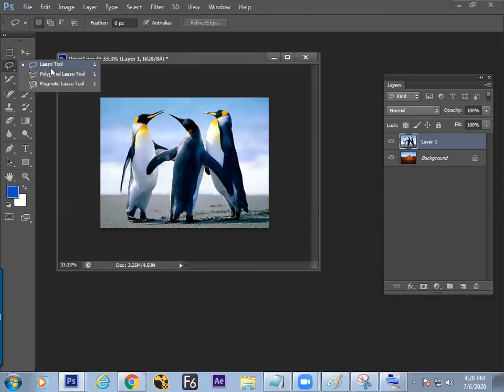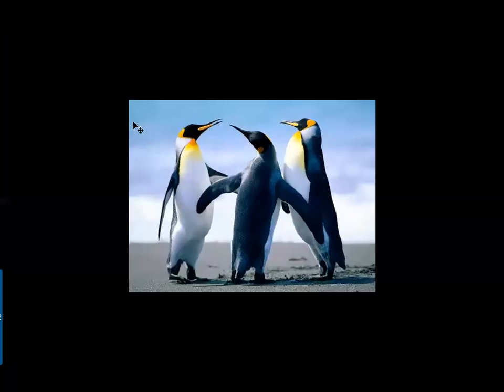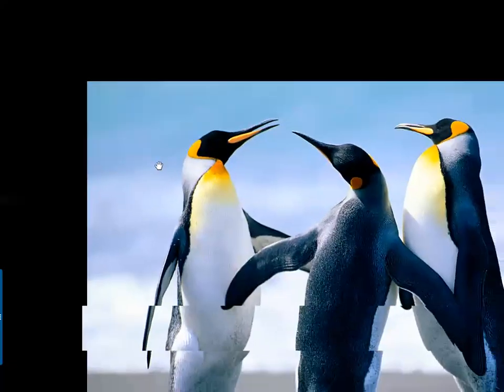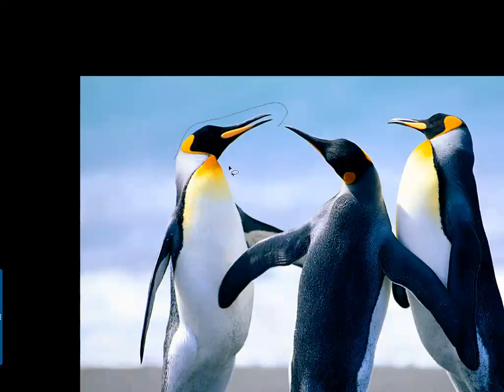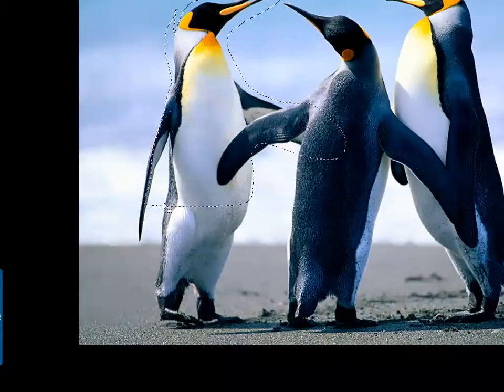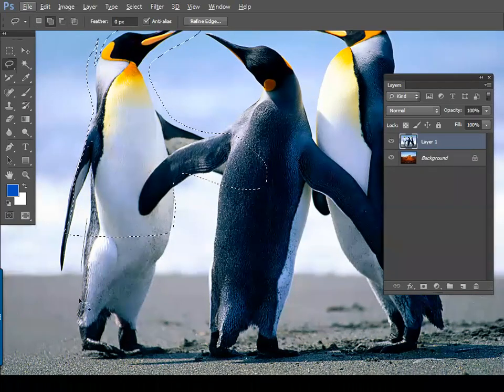Now let us see how to do photo cutting with the help of your masking technique. Before, you have seen this technique to hide, like photo cutting. What happens there is the original information is gone. But now we'll see how to use this Lasso tool, not to delete things, but to hide things. Step number 1, go to full screen, get it okay. Start doing a rough selection, nothing to worry about. Before, you took a lot of care to do all the things. And how to add to the selection? What is the button? Shift, go add. Is it clear?